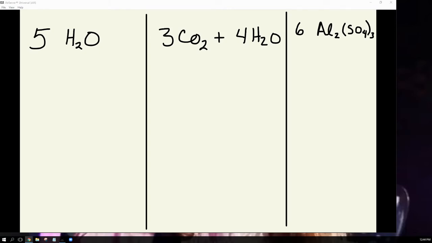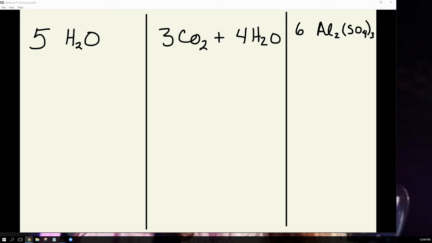Okay, so I want to show another way of balancing chemical equations so that you don't need to draw a model every time. So first, when I look at a chemical equation, we need to be able to count how many atoms are in a formula. So the way we're going to do that is I'm going to show you really quick